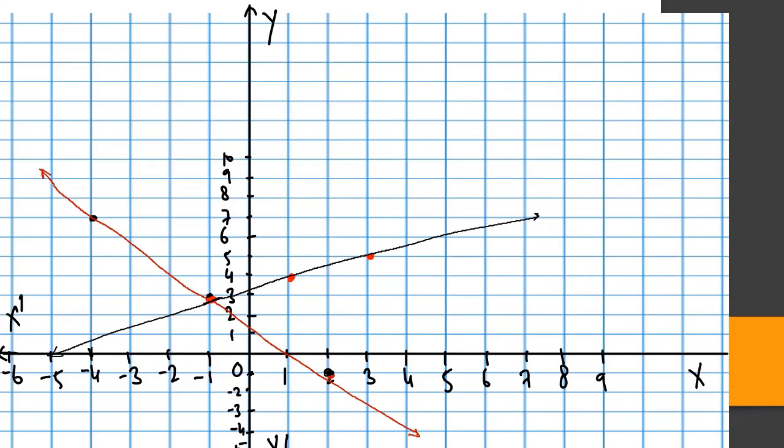So this is the point of intersection. What would come here? x is equal to -1. Here we are finding the point of intersection. x is equal to -1 and y is equal to 3. This is the solution. I hope you understood well the graphical method.